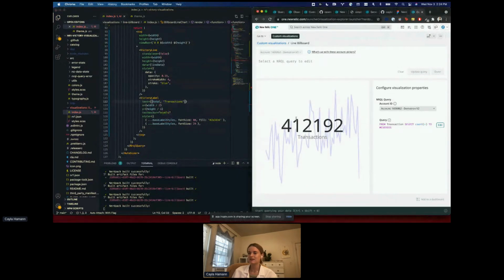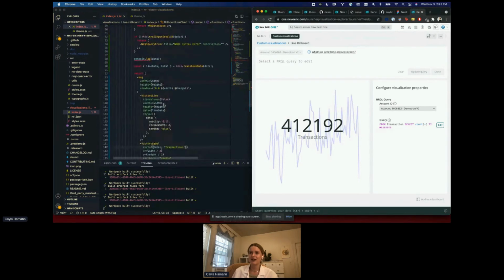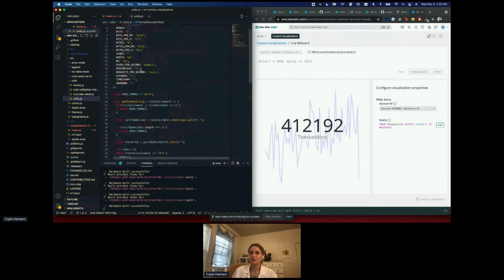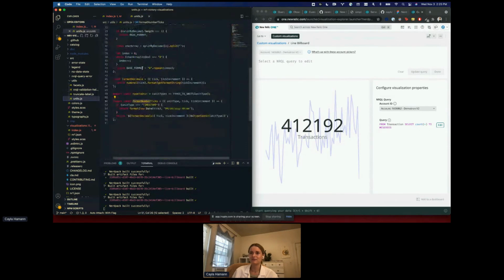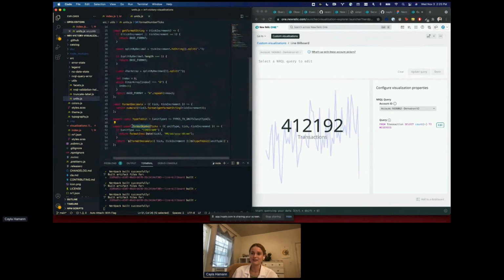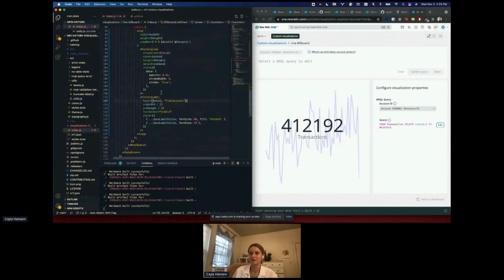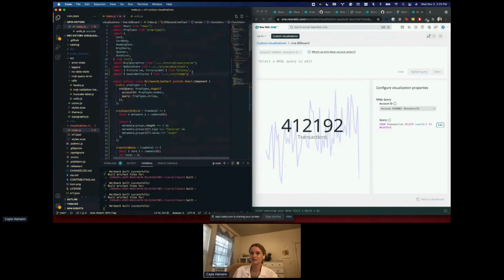All right. So this isn't formatted in the best way. If this number was really large, it would basically fall off the screen. So we want to add some truncation. We actually have a utility within this repo that is for truncating those labels. So we have this formatting, the number ticks that we can actually use in order to make this look a little bit better. So we'll import that from